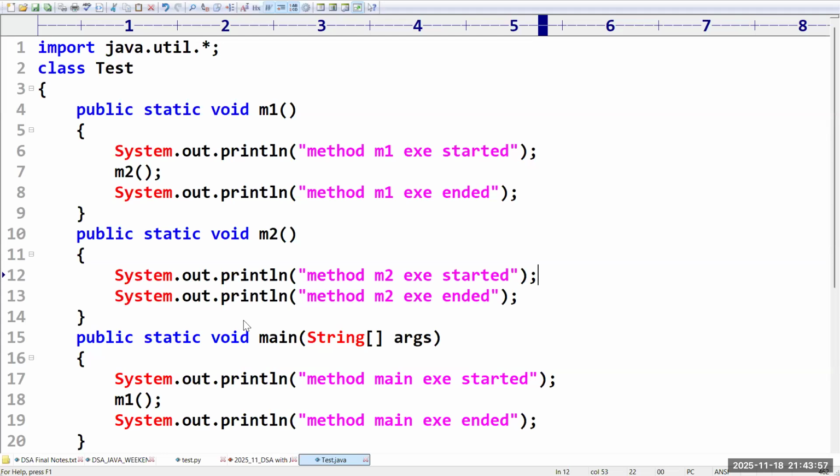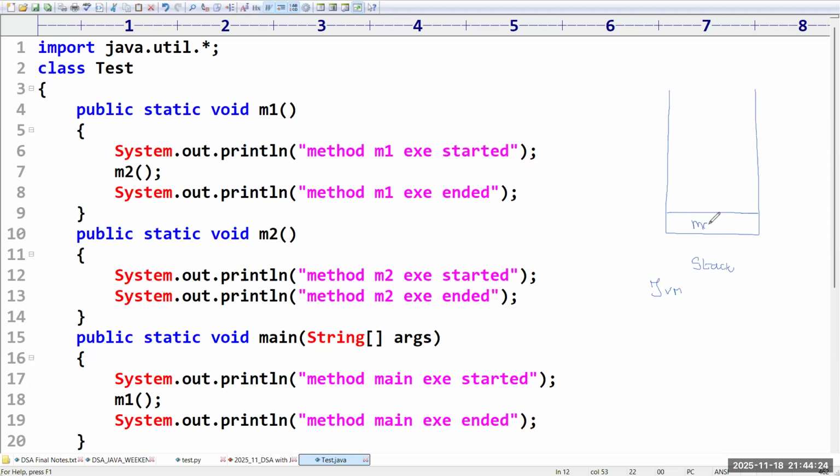Right. So now, first step: whenever the program execution starts, internally the JVM is going to create one stack to maintain the method calls. Initially, which method is it going to call?